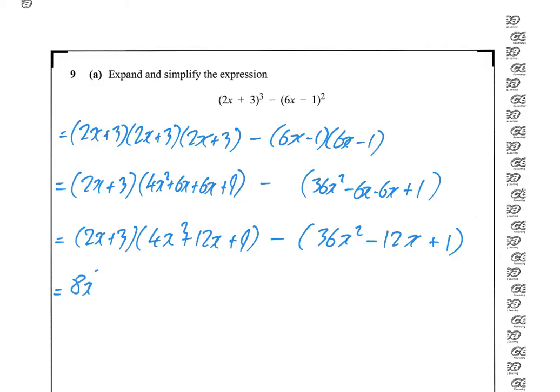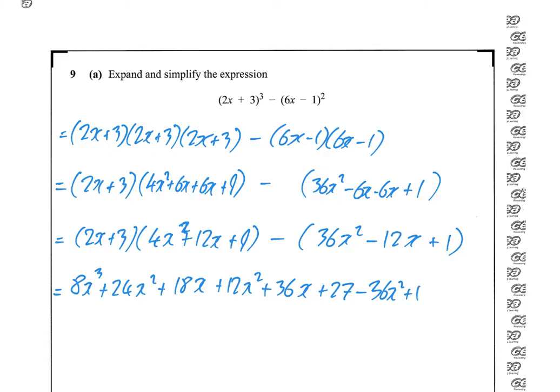Multiplying it again, I'm going to have 8x cubed. Is that right? Yep, 8x cubed plus 24x squared plus 18x. That was multiplying my big bracket by the 2x. Now multiplying by the 3, I will have 12x squared plus 36x plus 27. And then I'm minusing my 36x squared, minus 12x is plus 12x, and minus 1 is minus 1. And then your last line, tidy up, and you'll have 8x cubed, and your